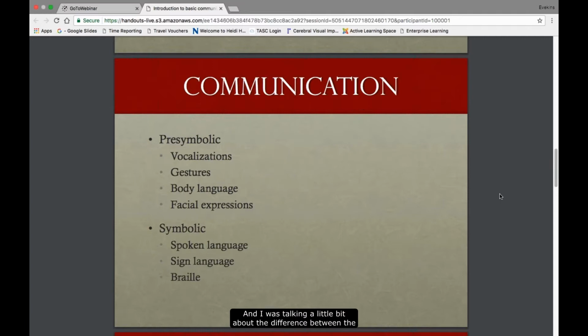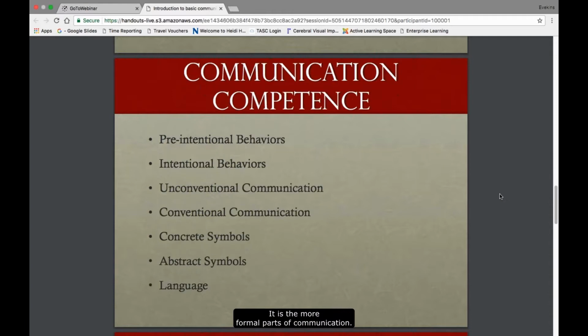And I was talking a little bit about the difference between the symbolic versus pre-symbolic. The pre-symbolic is vocalizations, gestures, body language, facial expression. Those are all things that we go by just observing them, what we see. And symbolic is more the spoken language, sign language, and Braille. It's the more formal parts of communication.